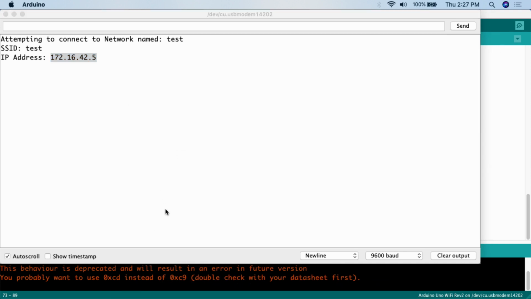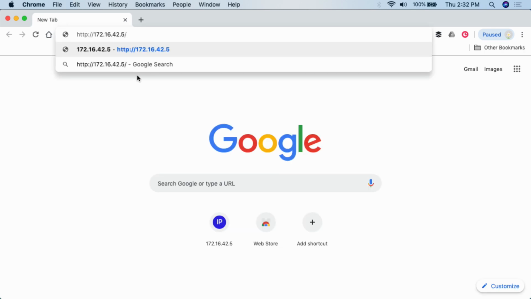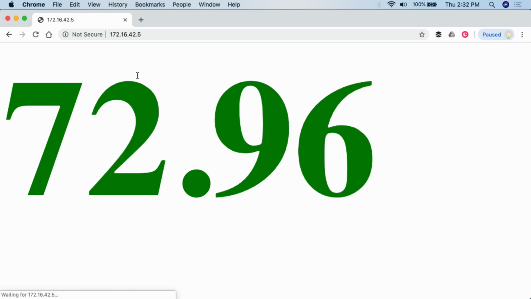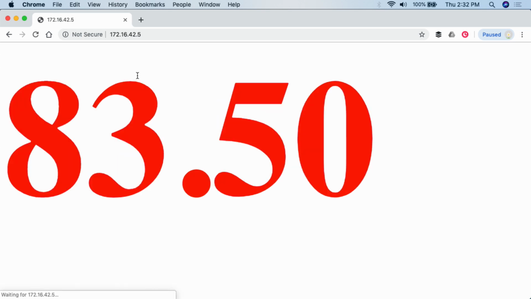We can go over to Google Chrome, open up Google Chrome, do a Control V, hit enter, and there we go. So look at that. We now see that the temperature sensor says 73.84 degrees. 73.84 degrees is of course lower than 76, so it's good. Now look at that, it auto refreshed after about 5 seconds, and so we now see it's 72.96 degrees. Now what I'm going to do is put my finger on the temperature sensor like I normally do for these projects, and then in a couple seconds it's going to auto refresh,